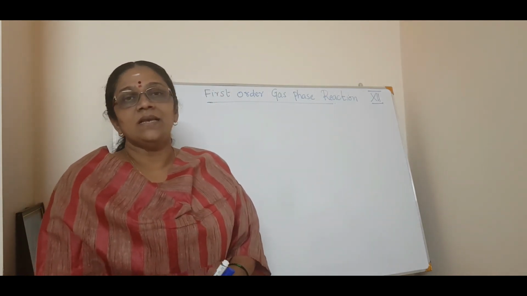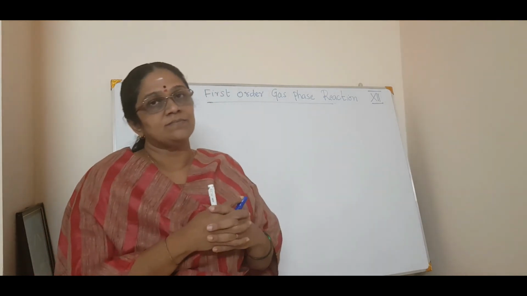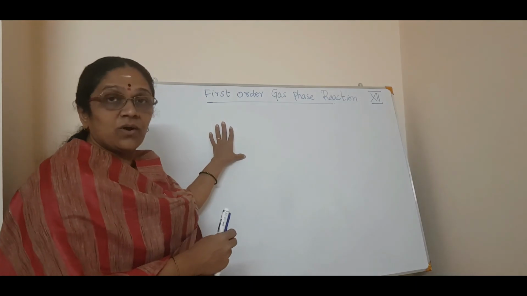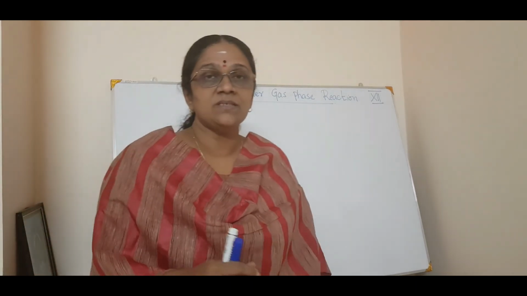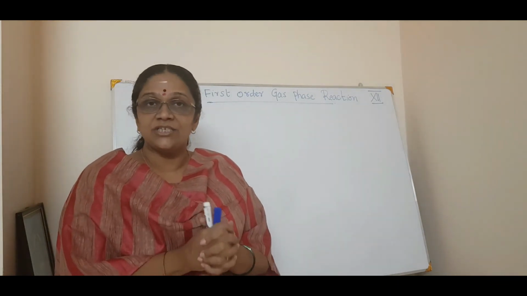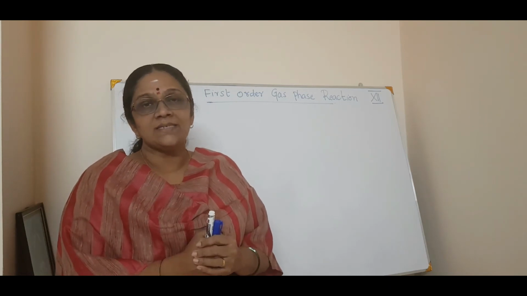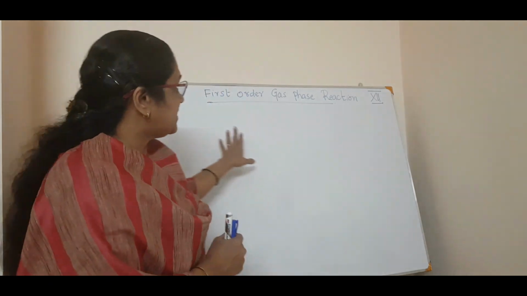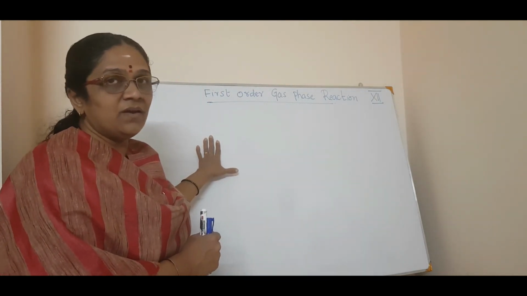Till now we were saying that the reactants are converting into products. Now we will see how the first order equation or the rate constant works for a gas phase reaction. That means one in which all the reactants as well as the products are in the gaseous phase, and experimentally it is proven that it is a first order reaction. So we will see what the rate constant is for a first order reaction.